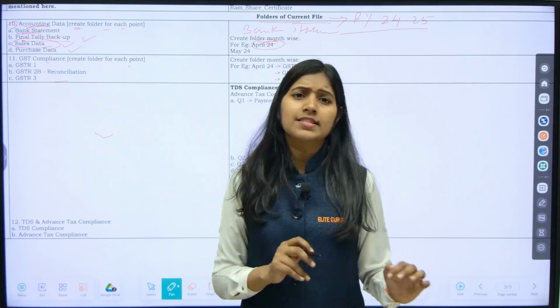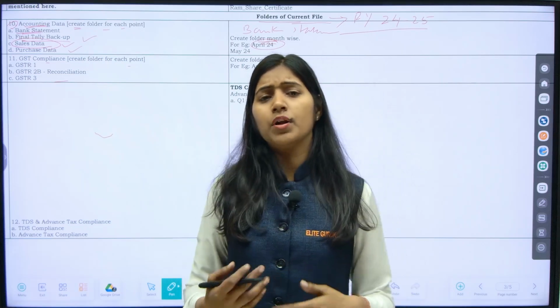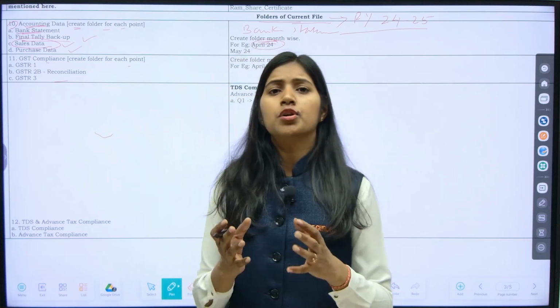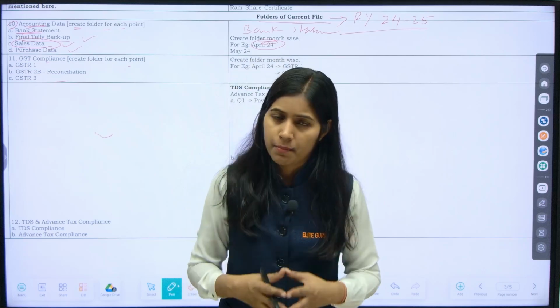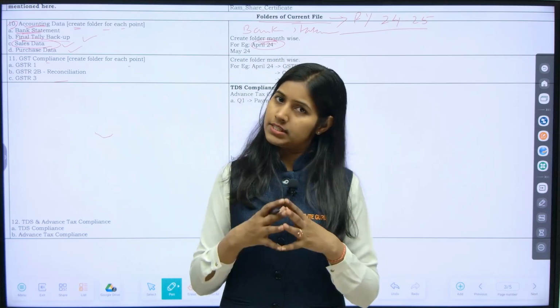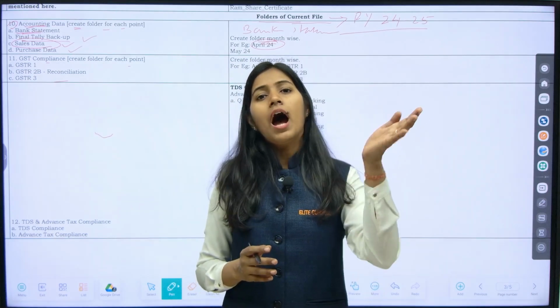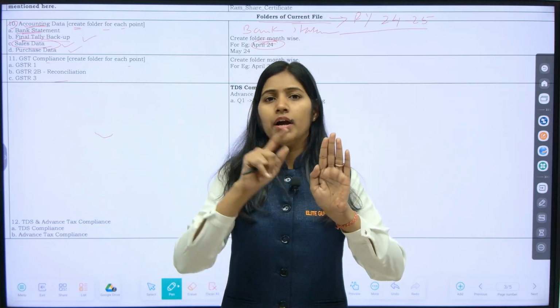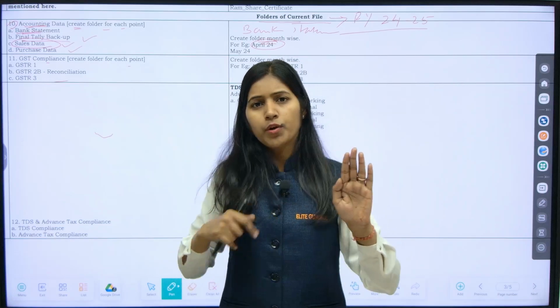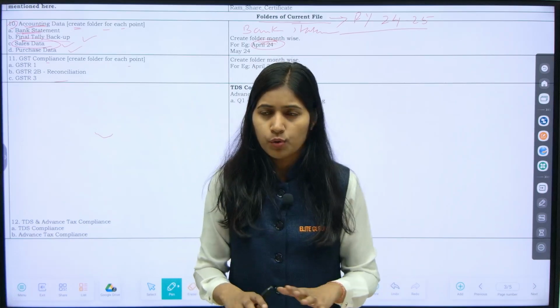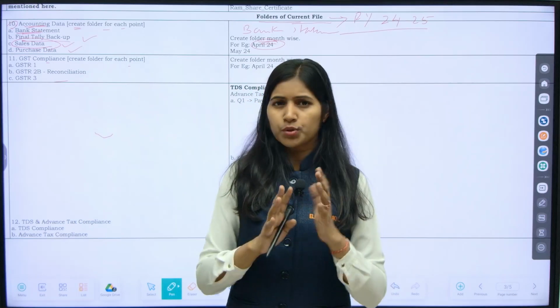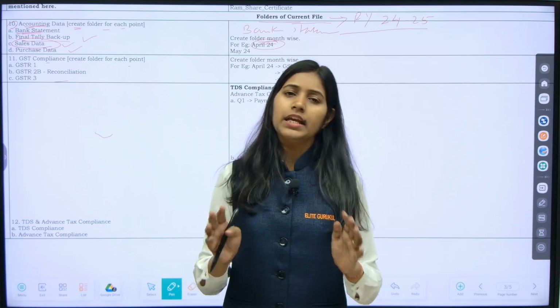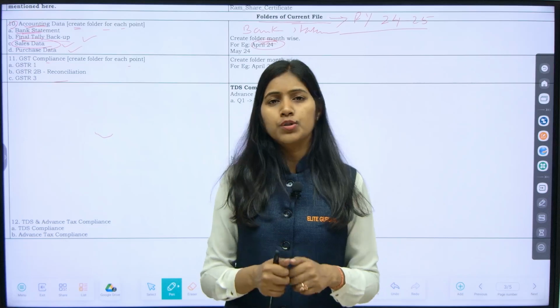The same goes for the sales data and purchase data, because sales and purchases will happen every month, so you should have the record for every month. You are supposed to create this data again month-wise. Under the sales folder, month 1, M2, M3, M4, M5, likewise it will go. Final tally backup you should not create on a monthly basis. Once in a year is enough, good for you and also for the client.